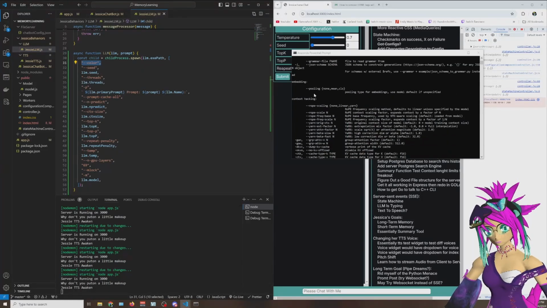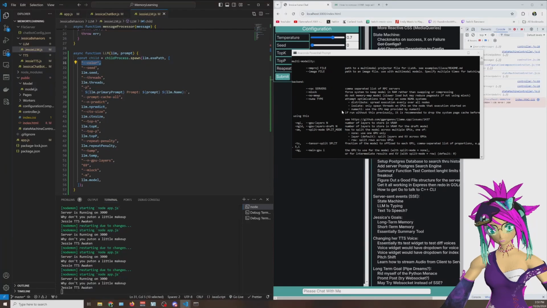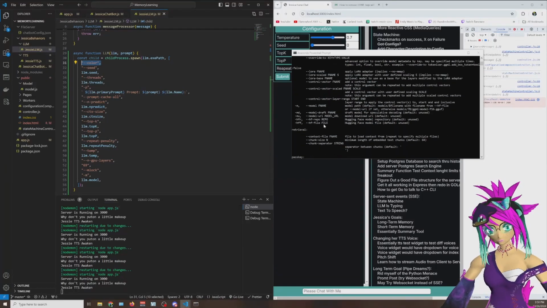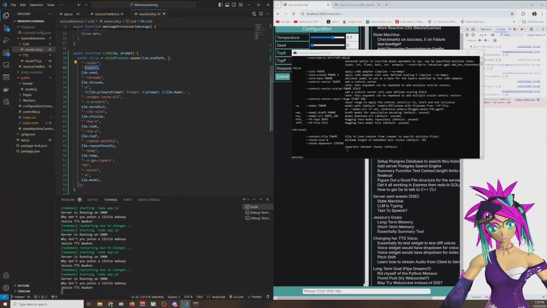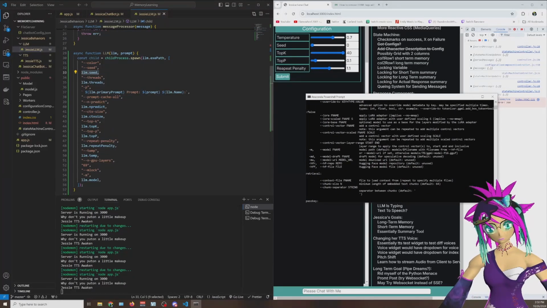One of the options in here is just color. So basically, when you prompt it, the prompt's going to be a different color than what they respond with. But then we have like seed, and then we have that seed setting from our prompt. So if you see here, we have the seed setting here. That would be this guy. And then